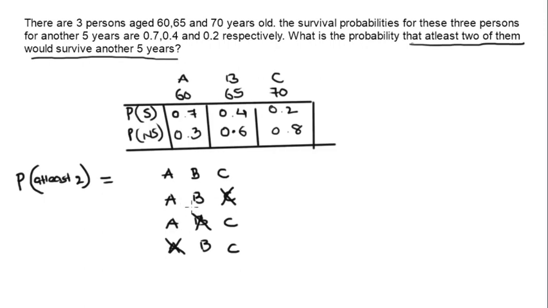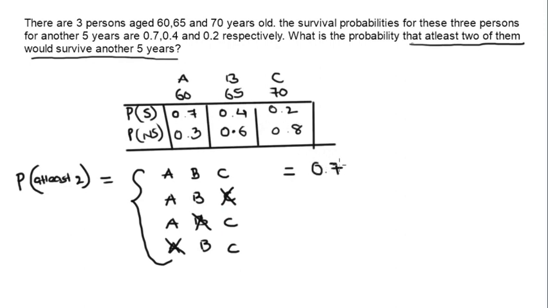Now if A and B both do not survive, then it is not a favorable outcome. Is it alright? Because we need a probability that at least two of them will survive. So these are exhaustive outcomes of two or more people surviving. So what will be the probability of all three surviving? All three surviving will be 0.7,